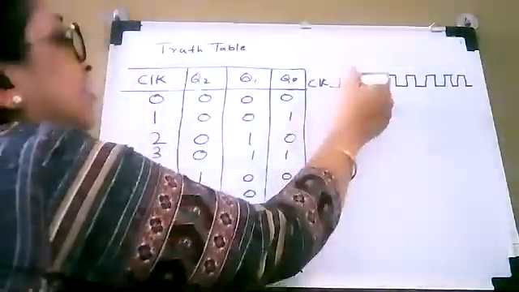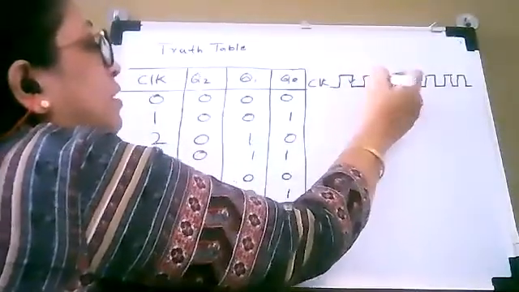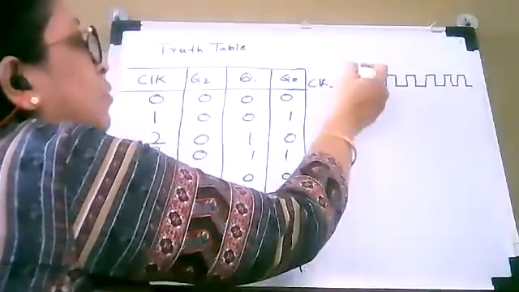So each time we have to consider the trailing edge of the clock pulse, where the transition is going from